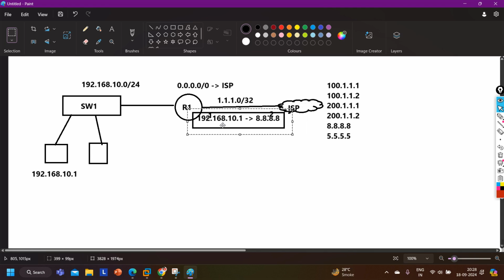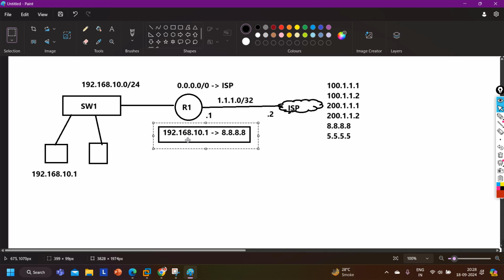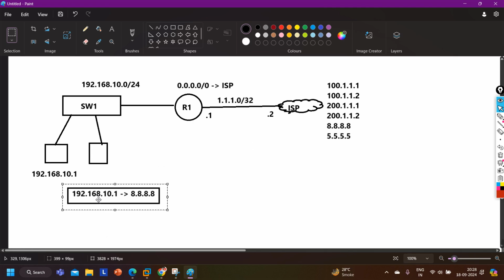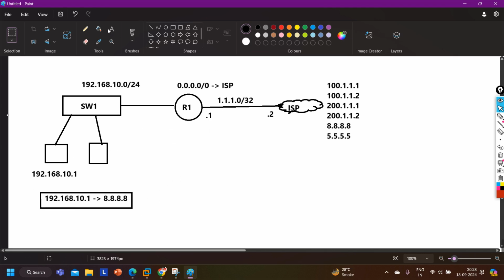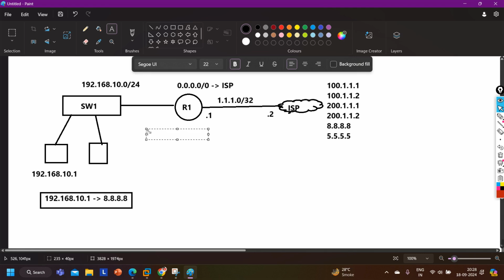And when you get the reply, translate the destination 1.1.1.1 back to 192.168.10.1, right? So once this router receives this traffic, it will translate the source IP address 192.168.10.1 to 1.1.1.1, the public IP address.